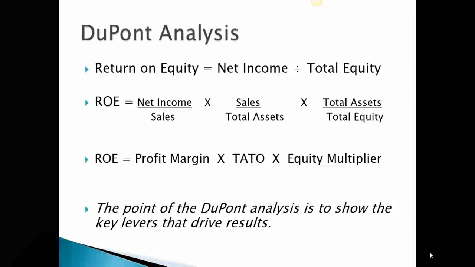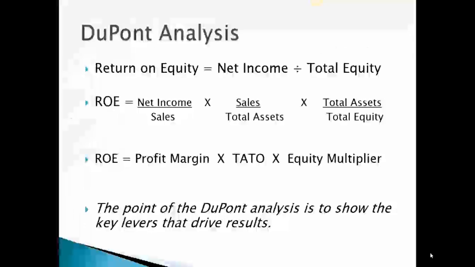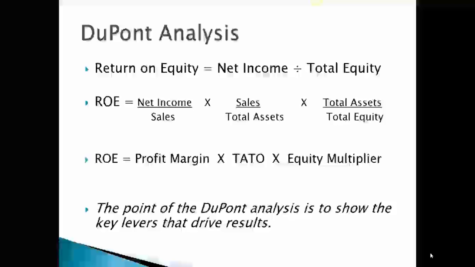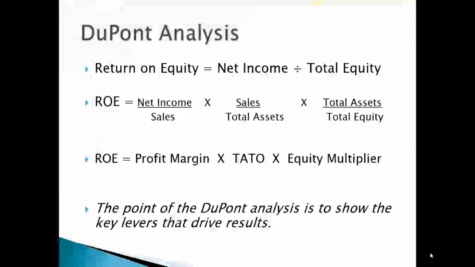If we increase the profit margin, our return on equity will go up, everything else being equal. If we're more efficient in getting sales out of assets, then our TATO will go up. That will boost return on equity, everything else being equal. And then this third lever, the equity multiplier, basically tells us that if we use more debt and hold everything else constant, our return on equity will actually increase. And so with this DuPont analysis, we can see the different drivers, the different levers that managers can use to